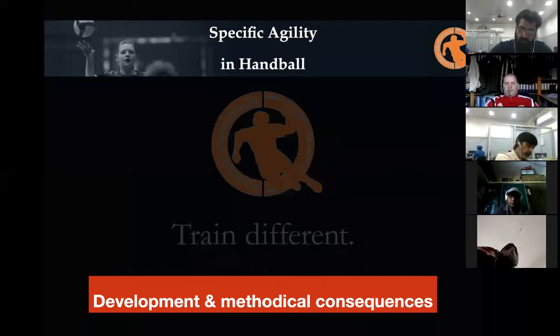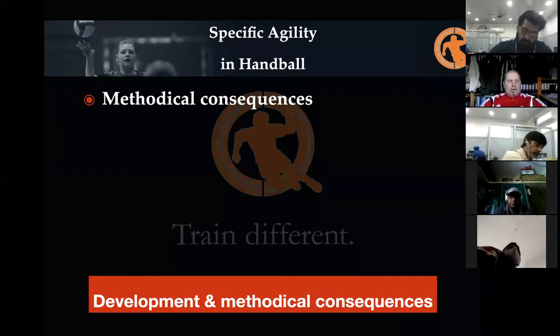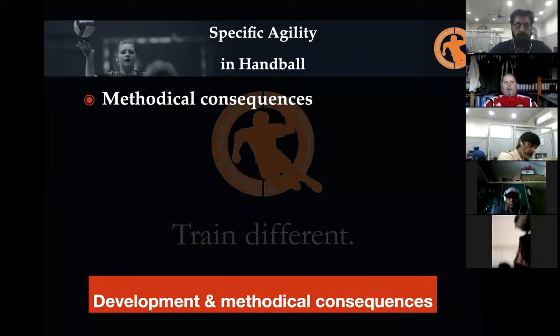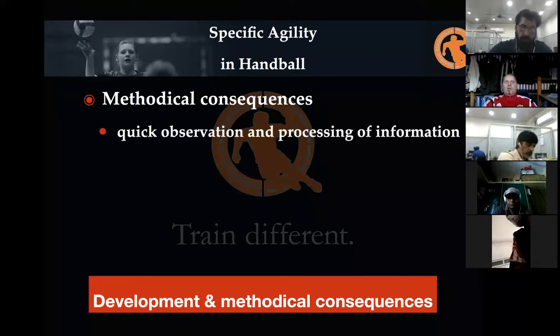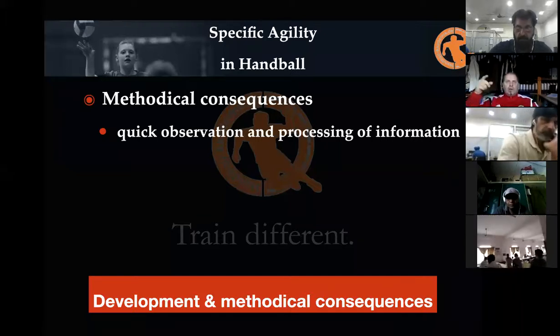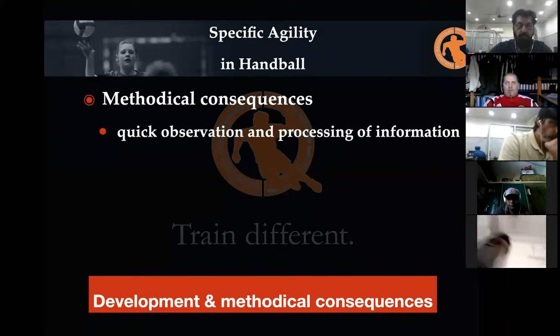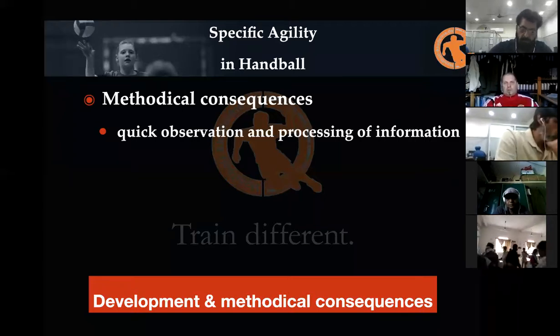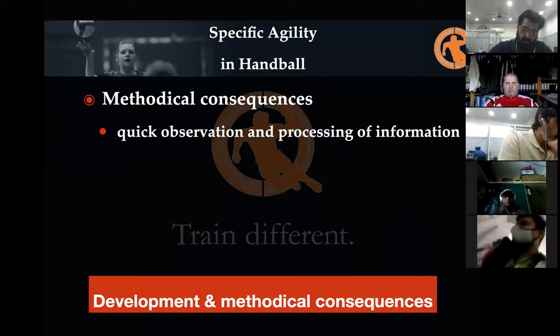Now, from this, we come to the methodical consequences out of that development. One of the consequences is players need to make quicker observation and need to deal with the information they observe faster. So the quicker the game, the more important it is to deal with the information you get. This happens not in the legs of the players, but in the mind of the players. So this is something very important if we come to the next chapter to prescribe this concept of specific agility